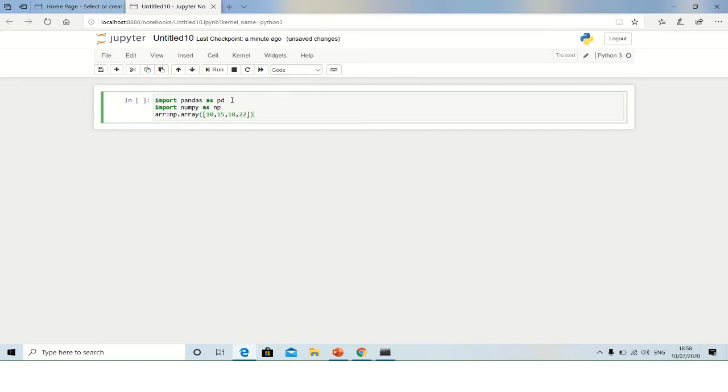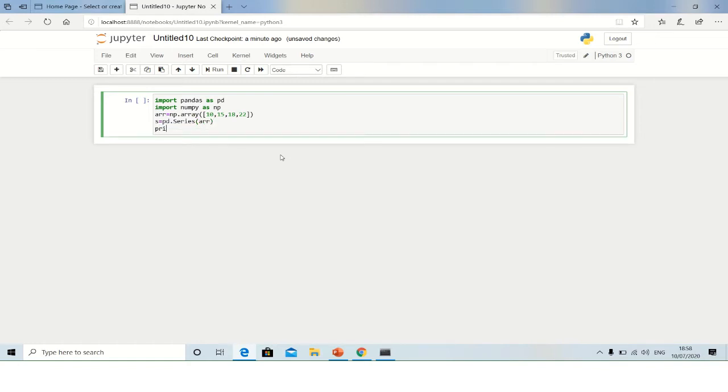Then s equals pd.Series, with capital S, of arr. Next I print s.